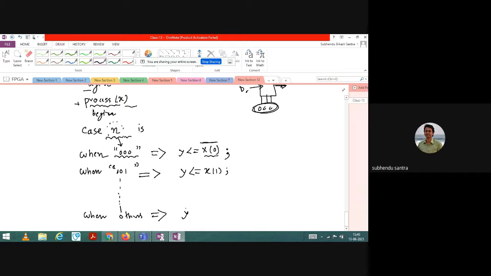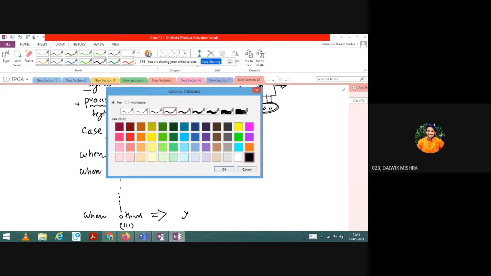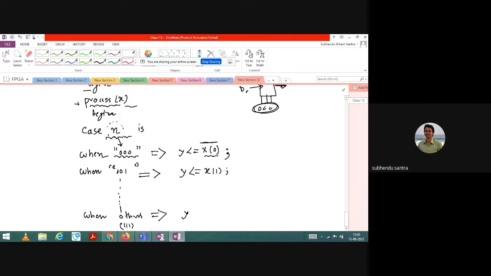No, others means it is actually the 1 1 1 part. So when all are one, then we are selecting D7, right? From zeros I have started, from 0 0 0 to 1 1 1. Definitely it will be 7 because I started from D0. So D0 to D7, basically 8 inputs. There is no problem because it is an 8 to 1 multiplexer, it should work. Yes, sir. So here instead of writing 1 1 1 I am writing others.